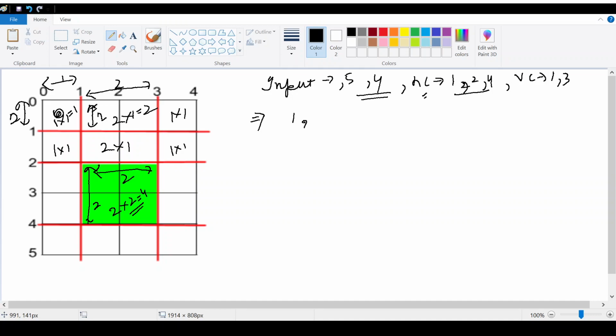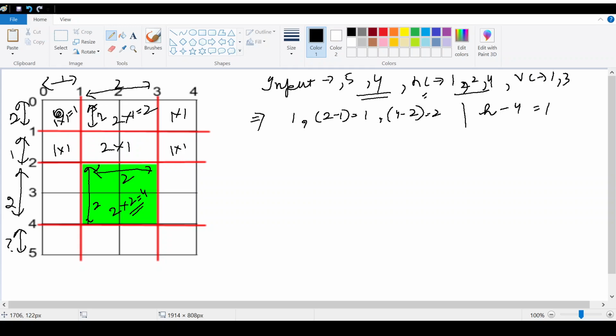The next height will be 2 minus 1, that is 1. Next height will be 4 minus 2, 2. And now we have reached up to this, 1, 1, 2. Now we are left with this one. How will we calculate this? At the end we will do total height of the cake minus the last element of horizontal, that is 4, equals to 1.